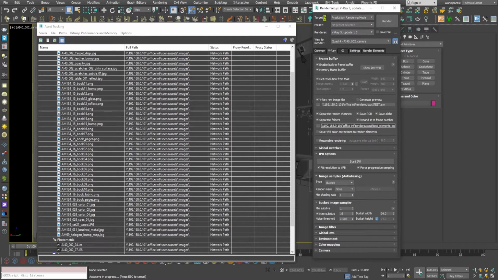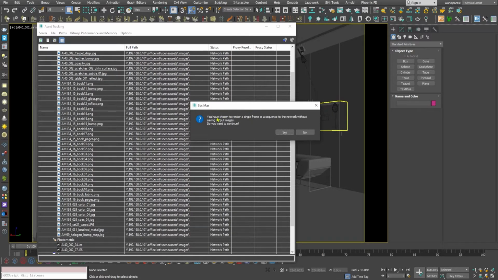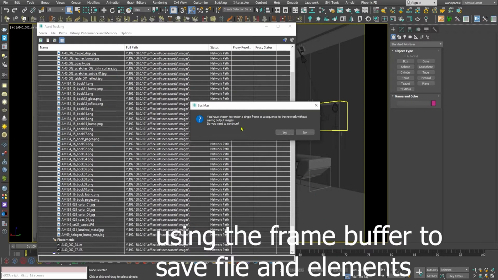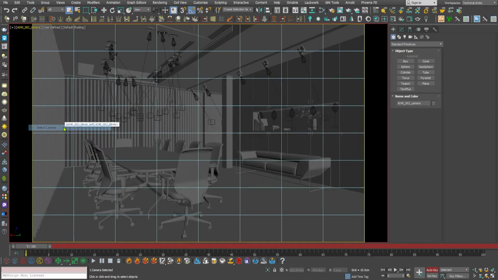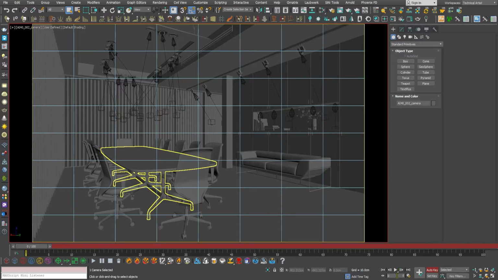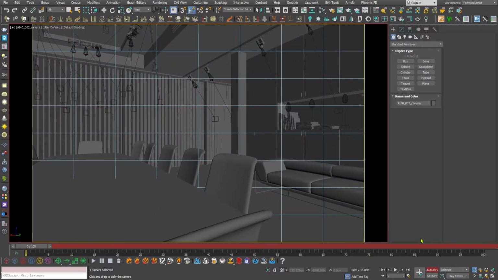So I am going to go to this target mode drop down, and I am going to click on this, and we are going to click on this submit to network render. And because we did not save the path on the standard 3ds Max, and we have to have some sort of animation, like just a simple fly through animation, so that we can see that the camera is moving.